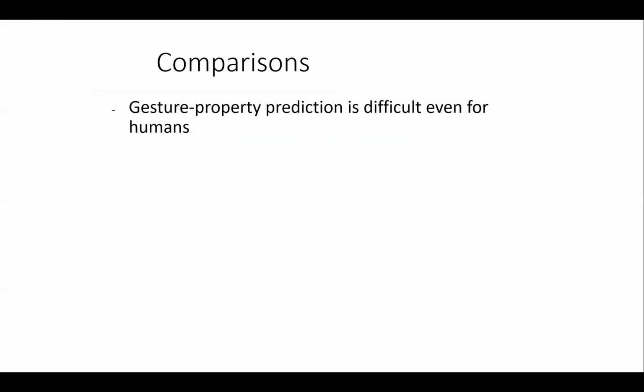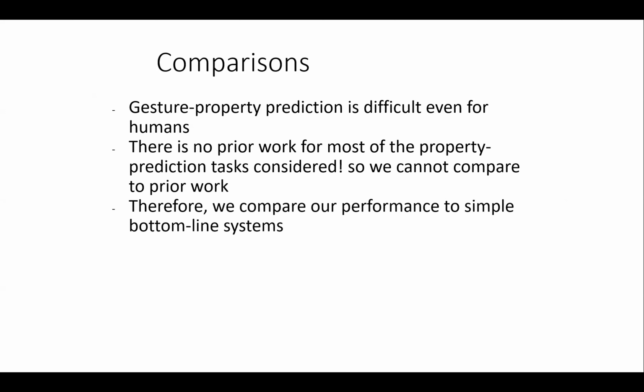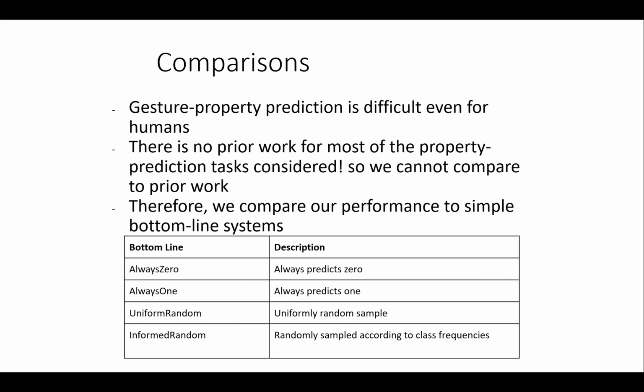The problem with this work is it's very difficult to evaluate. There's no kind of previous system that we can reference and say, okay, are we better or worse than that system? And it's a difficult task even for a person. If I gave you a sentence and I asked you, okay, what properties should the gesture have for that sentence? That's a difficult task, right? So what we did instead is we decided to compare against simple baseline systems, right? Since there's nothing out there, we need to say, okay, can we do better than some simple baseline systems?